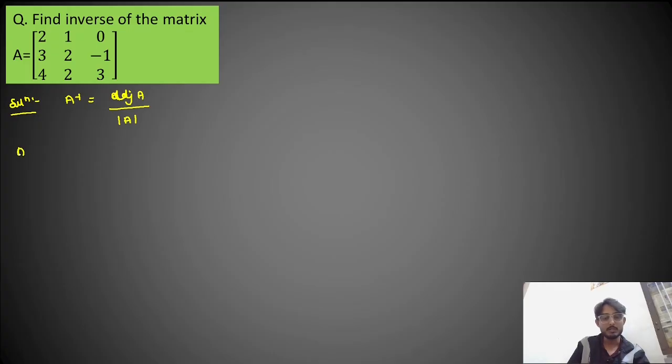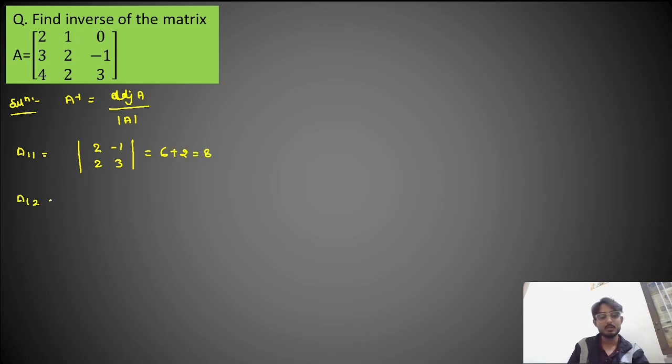Finding the cofactor A11: here you have to eliminate the first row and first column. When you eliminate the first row and first column, you will get 2 2, minus 1 and 3. But what about the sign? Will the sign be changed or not? If the number is even, then not. What is even? It means i plus j. Here i is 1, j is 1, 1 plus 1 equal to 2. Is this odd or even? This is even, so the sign will not change. 2 3s are 6 and 2 1s are 2, minus minus plus, 6 plus 2 equal to 8.